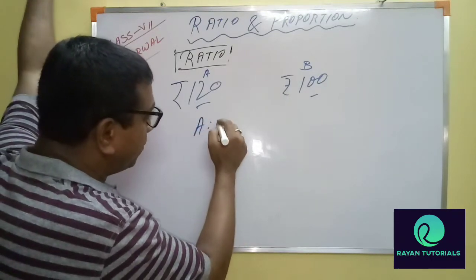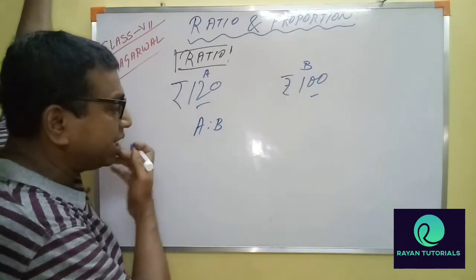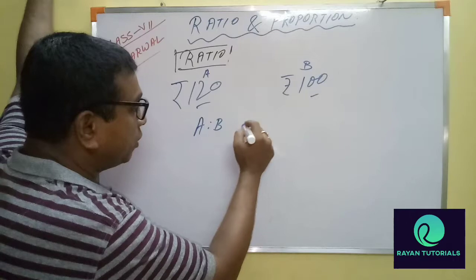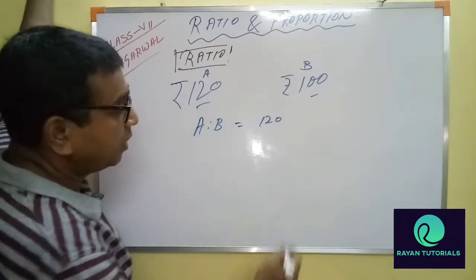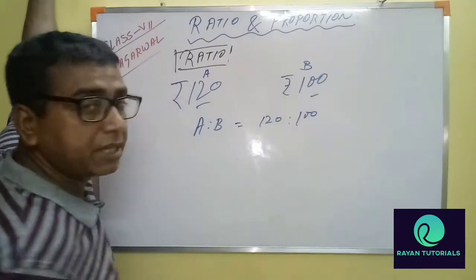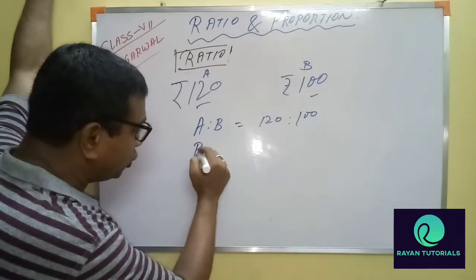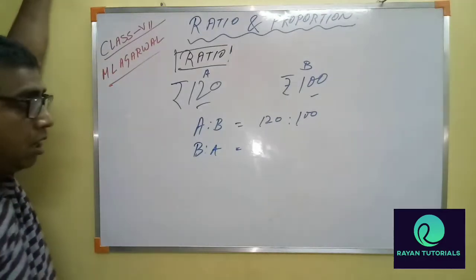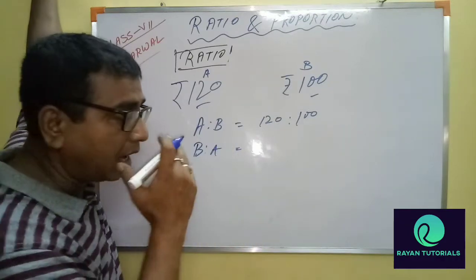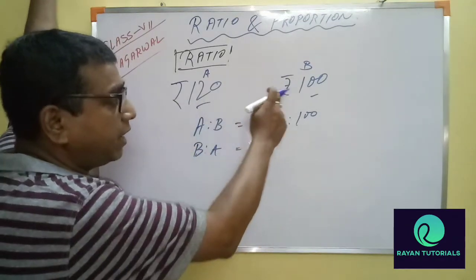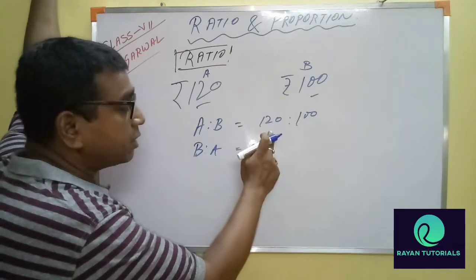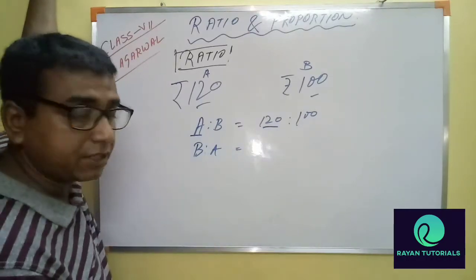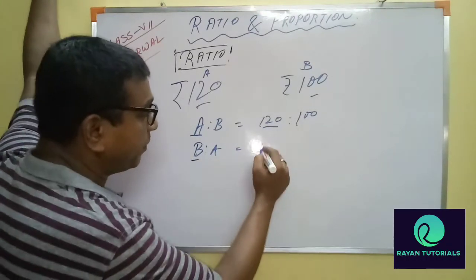If I say the ratio of A is to B, then A's part we need to write first, then B's part. If I say B is to A, many students make this mistake. Always see the question, understand the language. If they ask A is to B, A's part comes first, then B. If B's part is first,